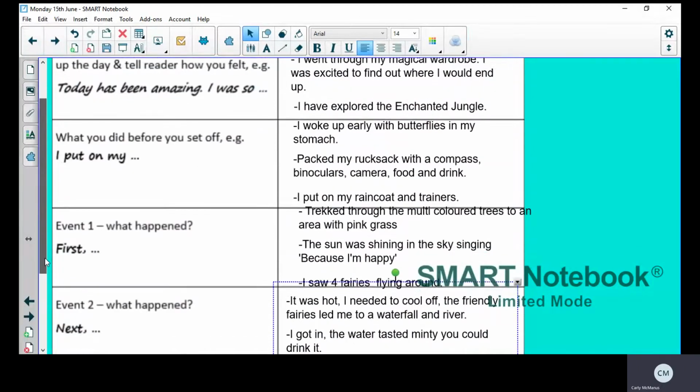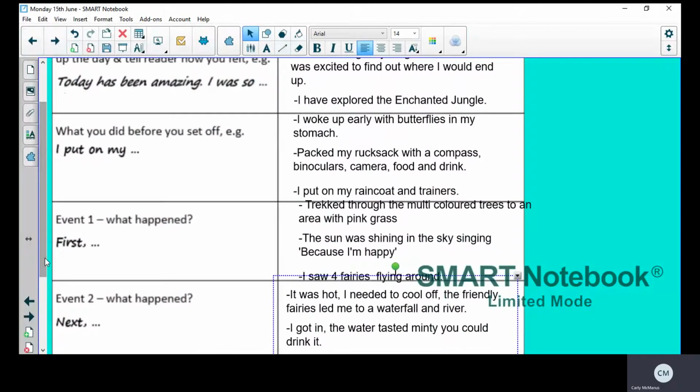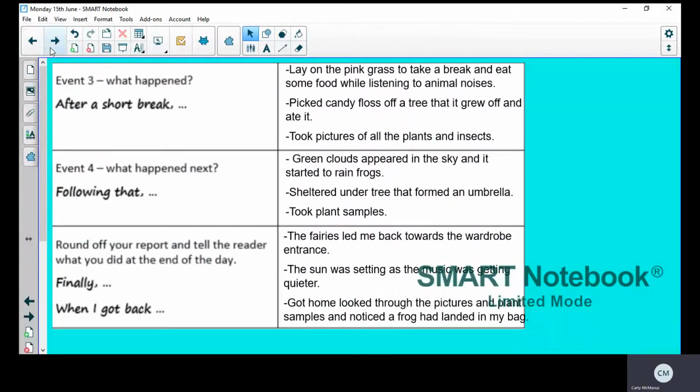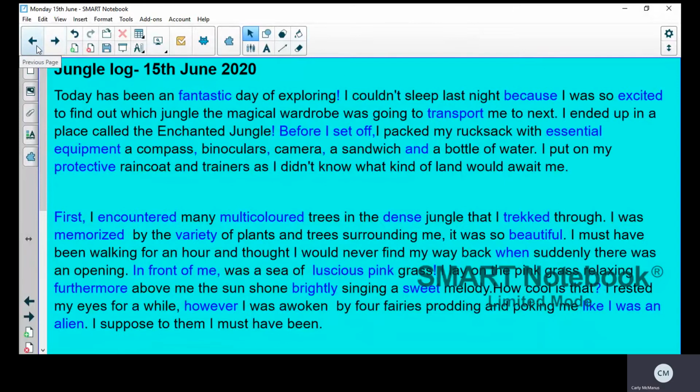Now, I did ask you to write your plan down on paper so that you could refer back to it because you wouldn't be able to look at your plan from Purple Mash. So, this is my log and we're going to go through it. So at the top you need to write jungle log and then today's date,